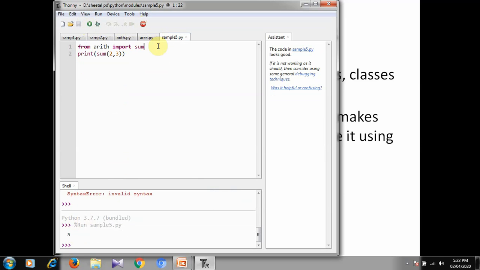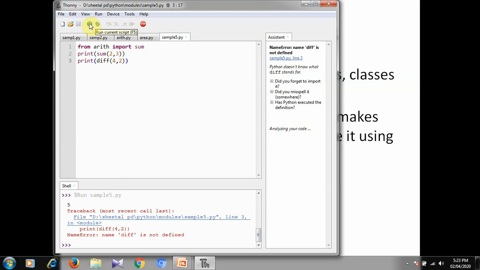Now, if we want to use another function, difference, and save and execute it, it will give us an error because diff is not added to our import statement.